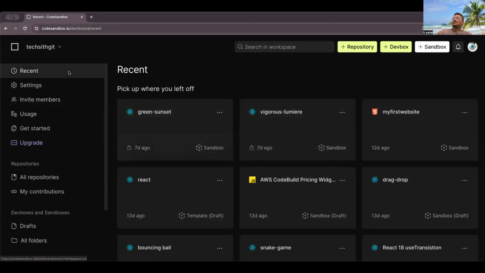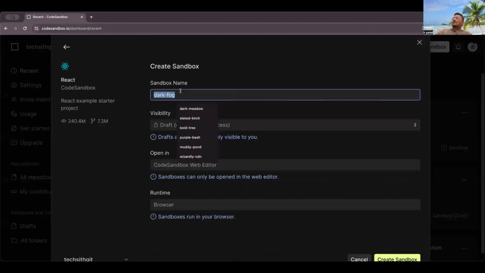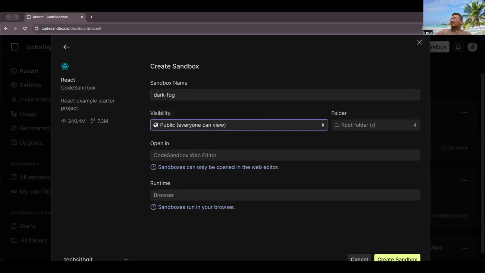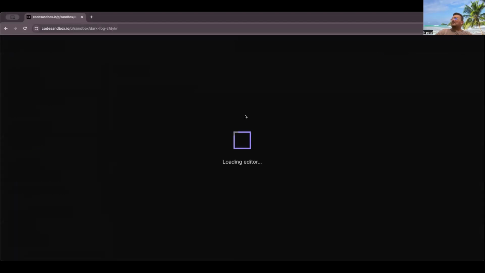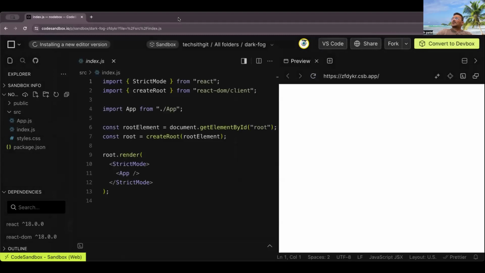All right. So let's create a sandbox of React. I hate this. It doesn't. Okay, yeah. It changed quite a bit. Okay. So